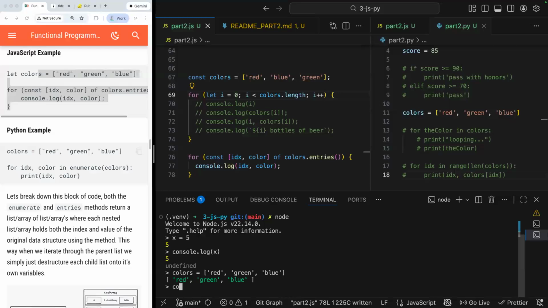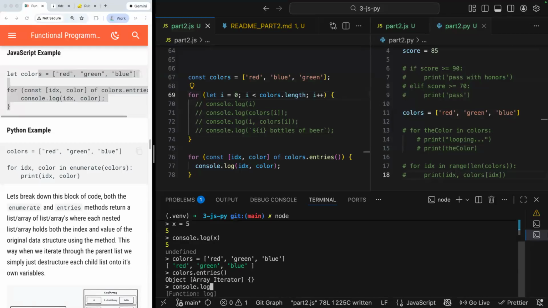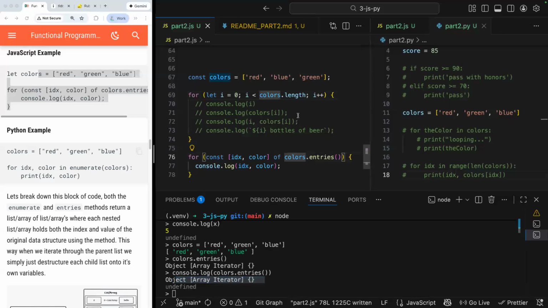And then I can do colors.entries. And if I run it, I see it returns, well, something a little confusing. So maybe this isn't going to be as informative as I thought. It's some sort of object array iterator, which is a little more in depth than I want to go right now. But basically, it's a special object that is meant to be used in a loop. So we're not going to be able to see what happens here. But it returns